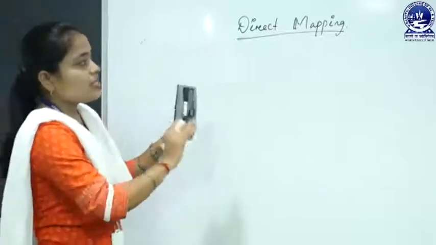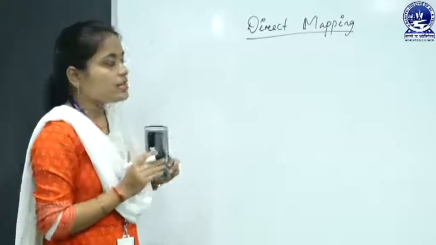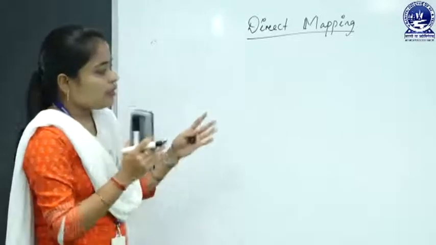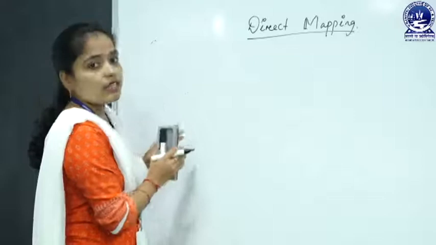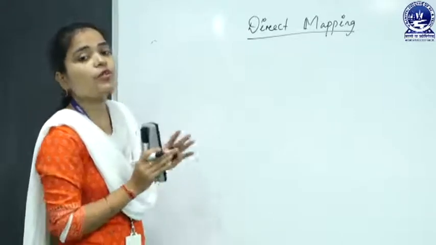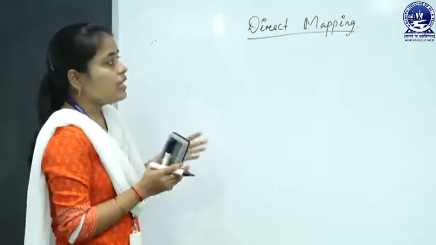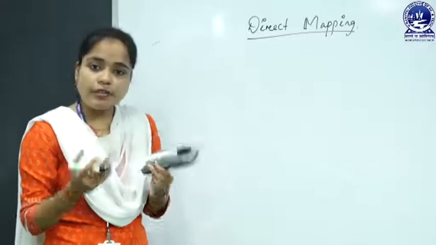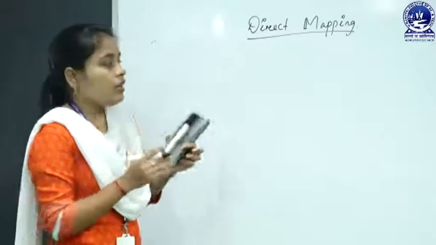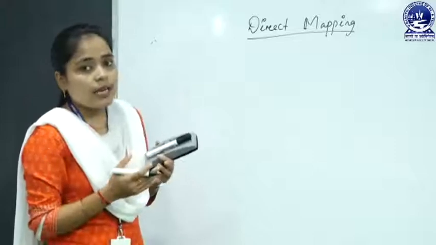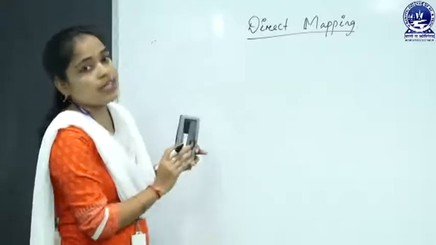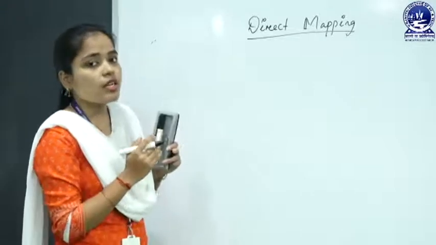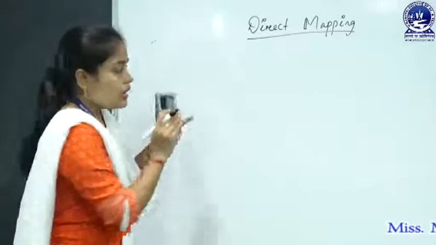Why is it called direct mapping? Because whatever the block in the main memory, you can place it in the cache memory in a specific location. The location is already given, or in other words, the main memory block is placed in a specific cache line. You cannot change the location for a block. Let us see how.